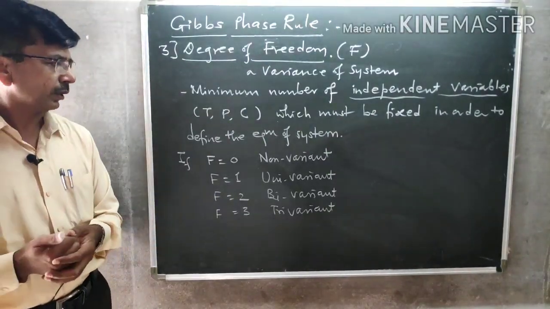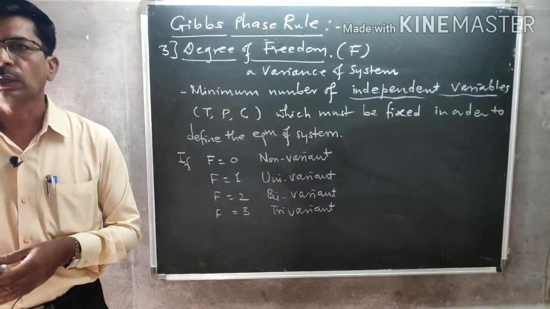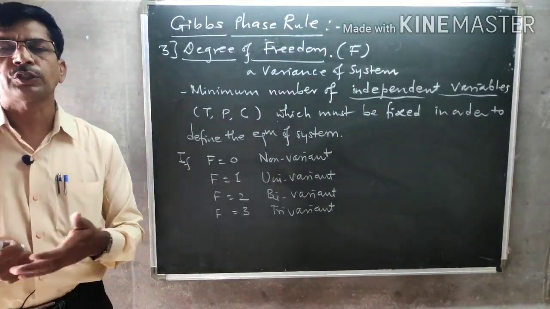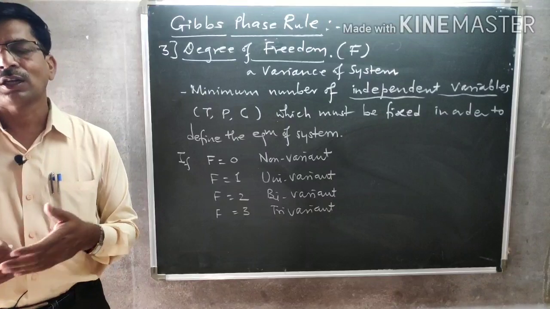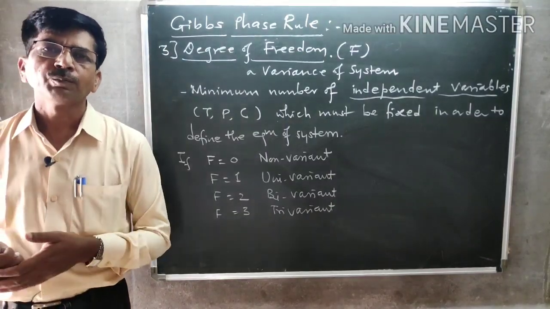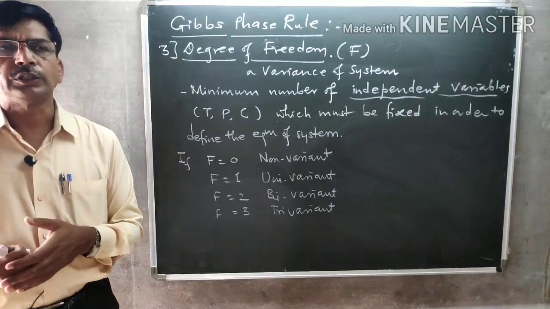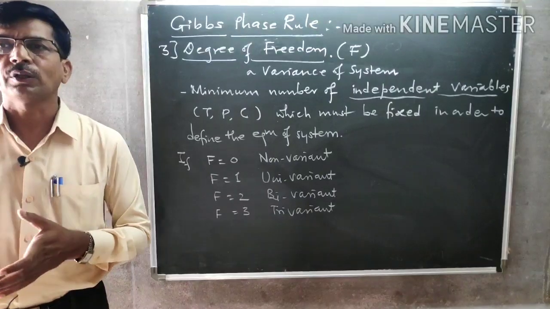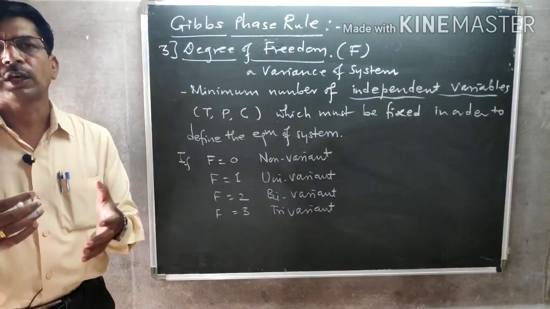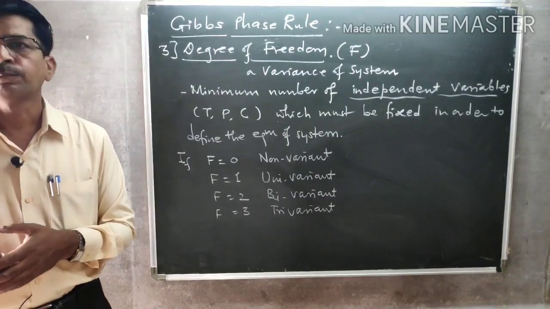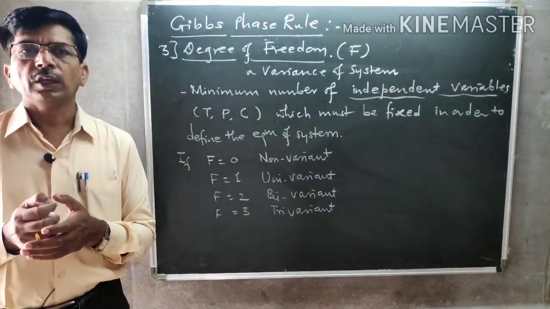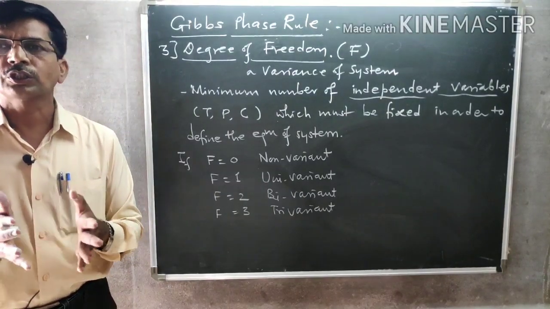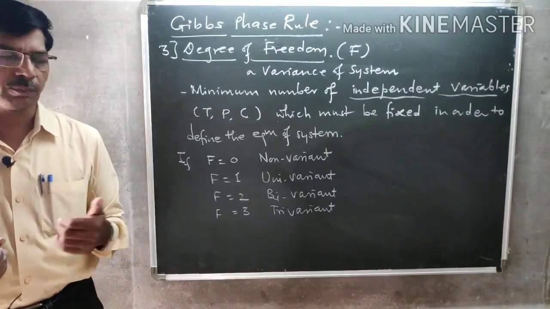Now we will take one example to understand the number of variables. Suppose that at the triple point of water, meaning the point at which all these 3 states exist, that water exists as ice, also liquid water and water vapor. At that particular point, temperature is 0.01 degrees Celsius and the pressure is 4.58 mm of mercury. So at that point we get ice as well as liquid water as well as water vapor, and if we vary any one of the parameters, then equilibrium gets disturbed. So such a system we call a non-variant type of system.